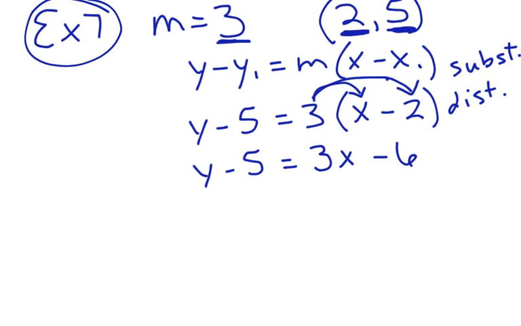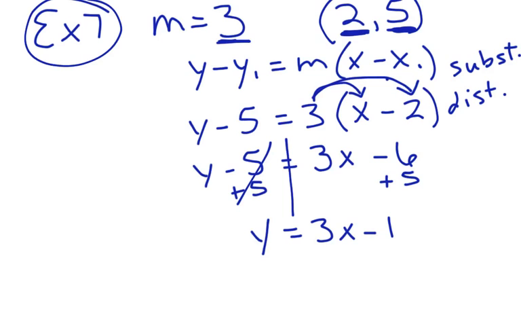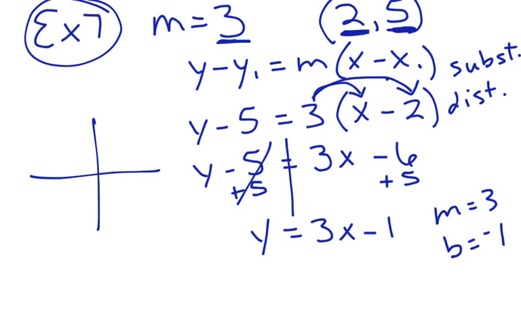Now I want to get the y by itself, so I'm going to add 5 to both sides of the equal sign. And I get y equals 3x minus 1. So my slope is 3. My y-intercept is negative 1. And I could graph this,